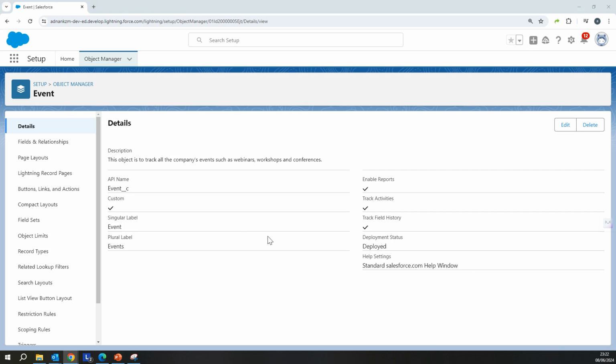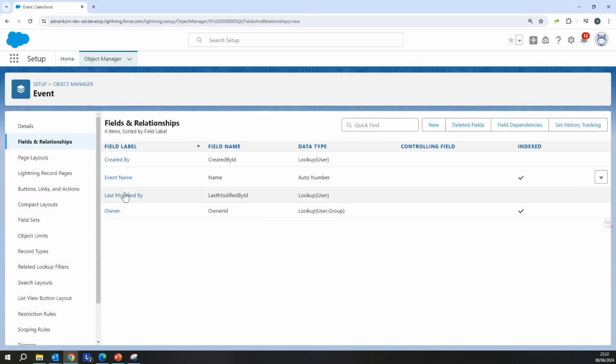As you can see, the custom object has been created, and we can see in the relationship that some of the default fields are there. We haven't created any fields. In the next video, we will be talking about how we actually create the fields and add those to your custom objects. At this point, these are the created fields,